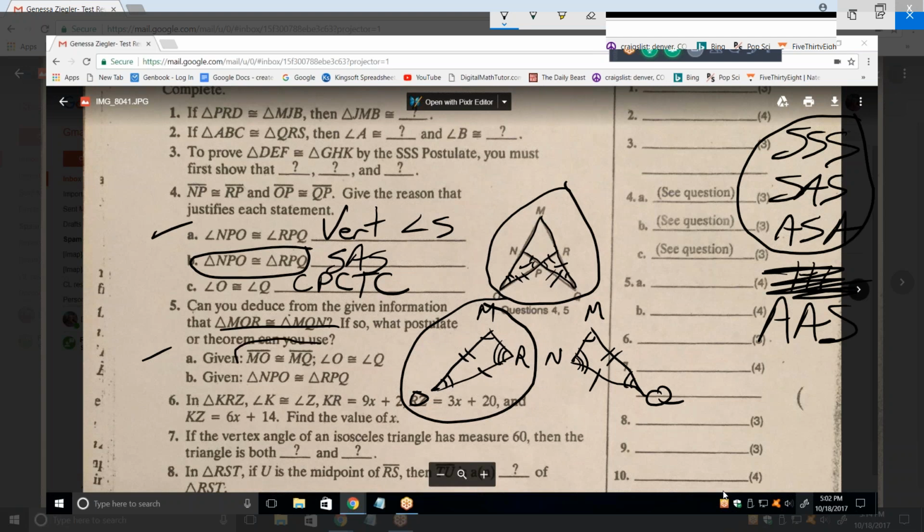Given that, prove the other. Well, the only way we can really prove it is that they are both parts of congruent